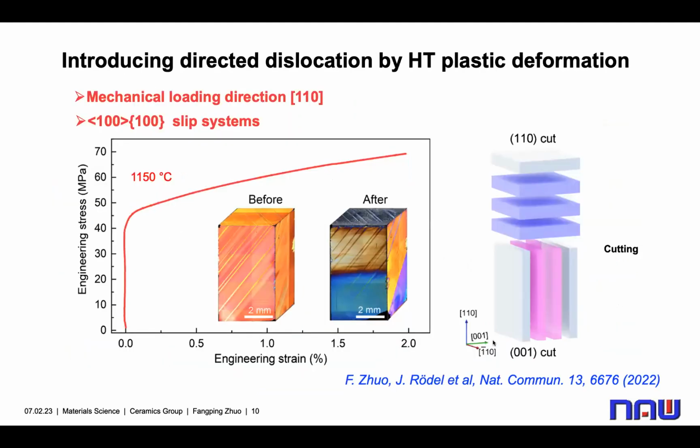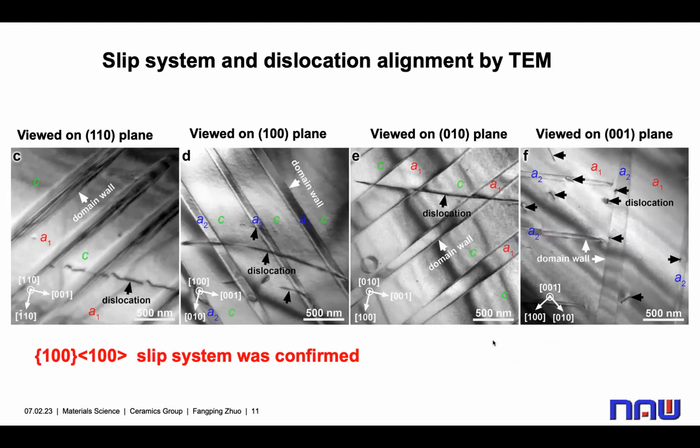So we deformed the sample along the 110 direction, and we want to activate the 110 slip system by using high temperature plastic deformation at 1150 degrees Celsius. So you can basically see the textbook-like stress-strain curve, and with the clear